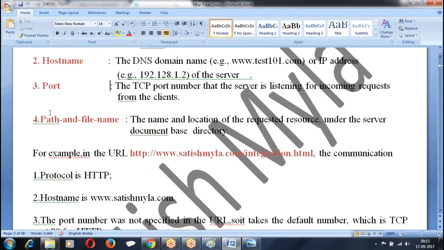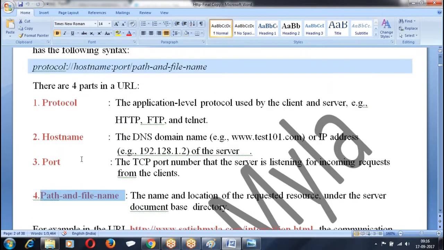Port number. Then the path of the file is the name of your resource. So whenever you are defining a URL, what is the URL? A URL will have protocol, host name, port number, path of the file. Protocol can be any one of HTTP, SMTP, FTP or Telnet or TCP, whatever it is. Your host name can be,